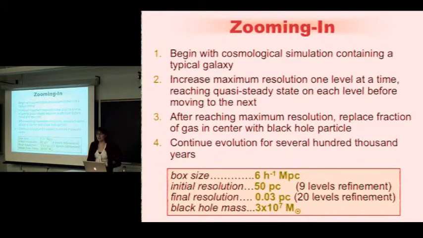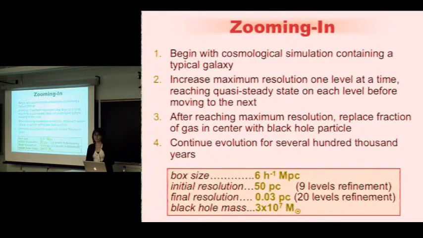Even at the final resolution, 0.03 parsecs, that's pretty small. Yeah, so the mass of the black hole is actually comparable to the mass in the central cell of the simulation. Compared to our galactic center, it's way different. Yeah. Much more gas rich, I guess. Yes. And also,